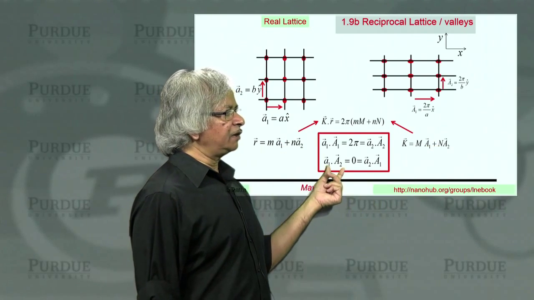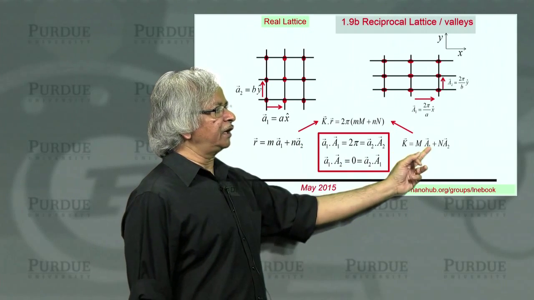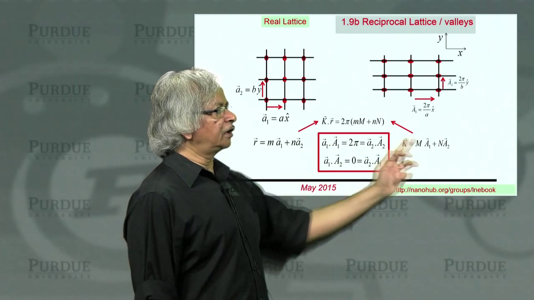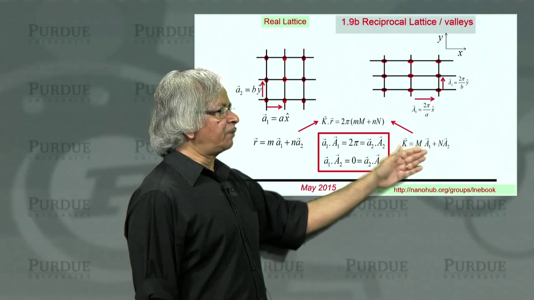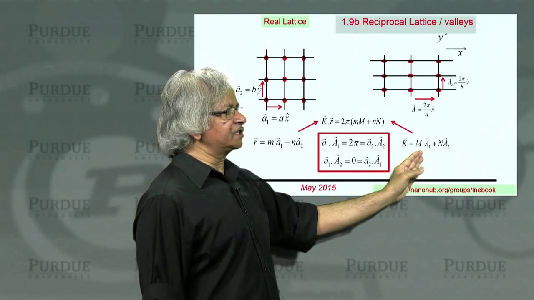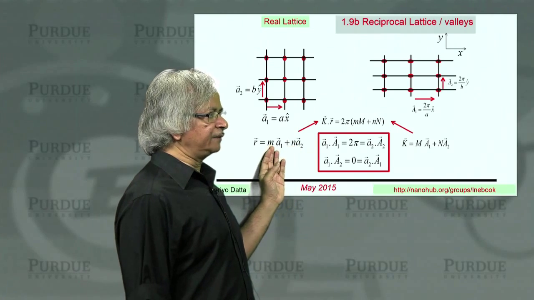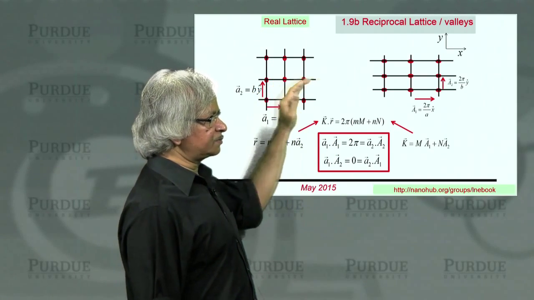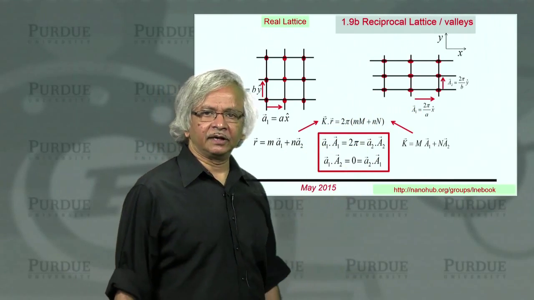Why? Because a1 dot A2 is 0. You take the a2, dot it with the A1, again you get 0. And then you take the a2 and dot it with the A2, that's how you get the second term, the 2 pi. So the point is, you could have any integers capital M and capital N, any integer small m and small n, but if I take a dot product of a vector in this space with a vector in that one, the answer will be a multiple of 2 pi.